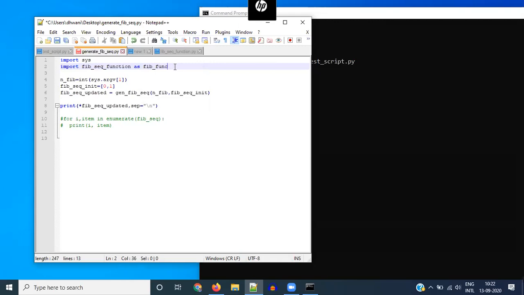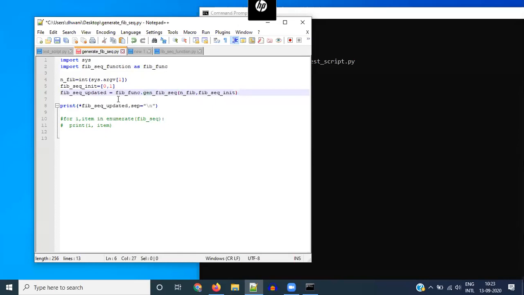Okay. So now what happens is we had this function call to the genfib sequence, which is not in this file anymore. It's in a different file. So if you just say genfib sequence, Python will try to look for the function within this file itself. So it won't find it and it will throw an error. But because it's inside this other file that we have just imported as fib func, we will say fib_func dot genfib sequence.